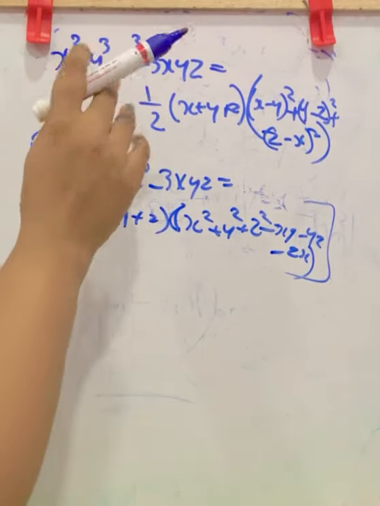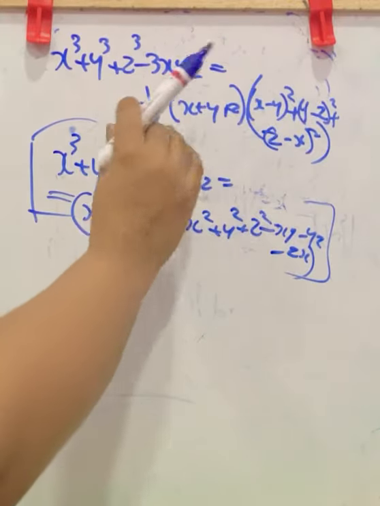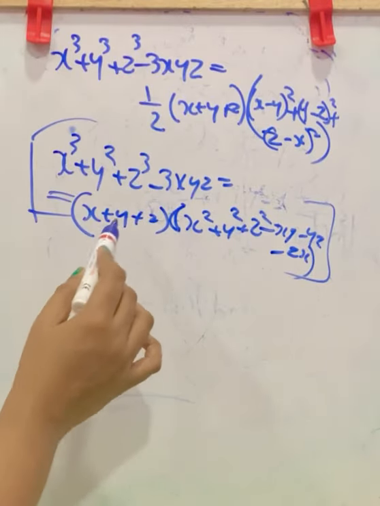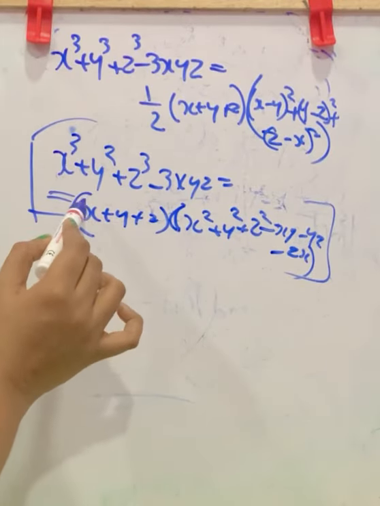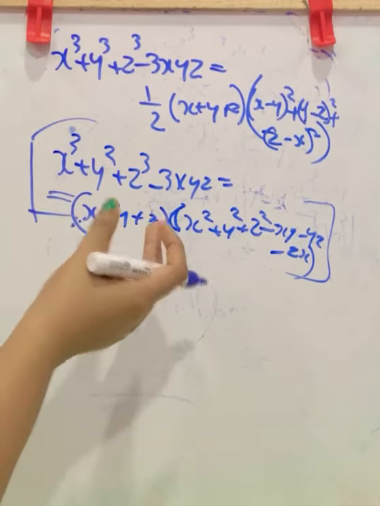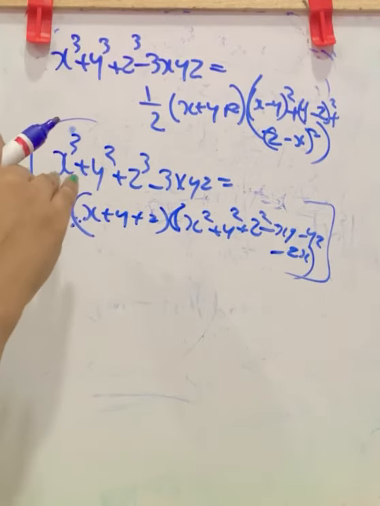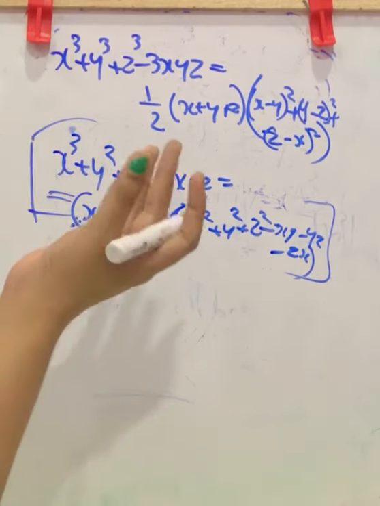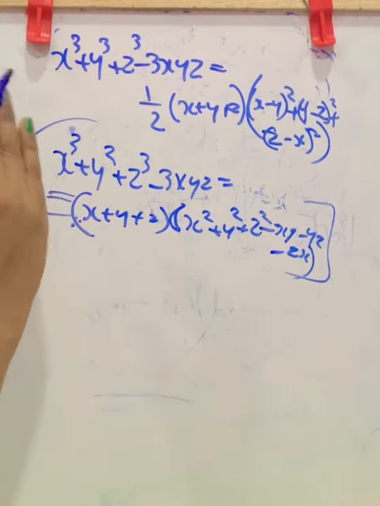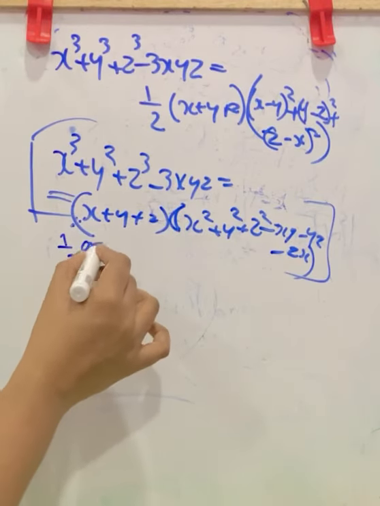For that, to make this RHS part into this RHS part, because we have to prove this RHS part, we are multiplying a half with this RHS part. You can't multiply any constant or variable to one side of the LHS or RHS, as it makes the equality unbalanced. For that, if you do something on RHS, you have to do it on the LHS also. So I am multiplying both sides with 1 by 2.